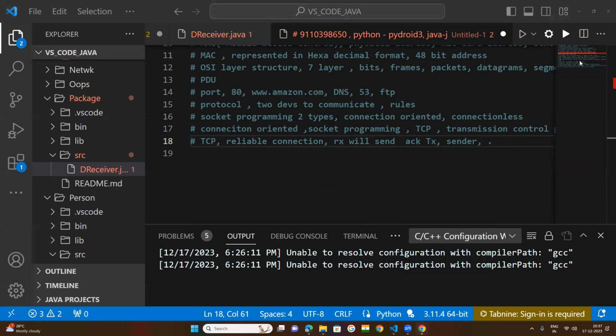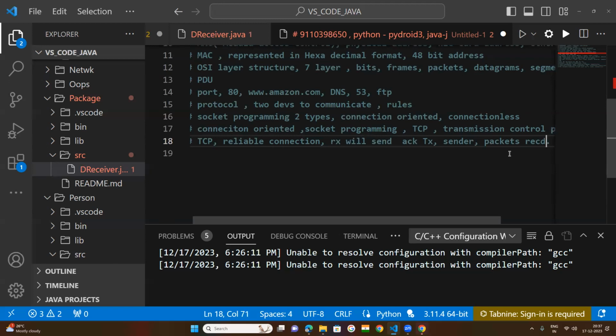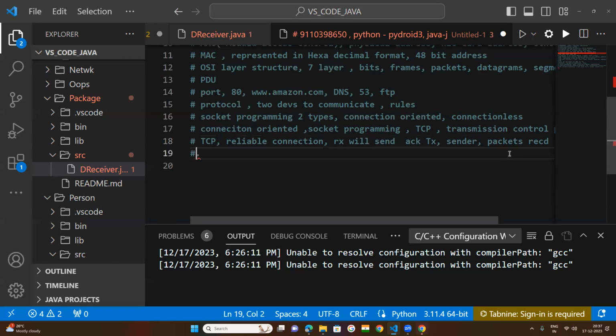Here, try to understand one more feature. Packets will be received, simply received, as sent by the sender. What do you mean by this? Packets received in the order